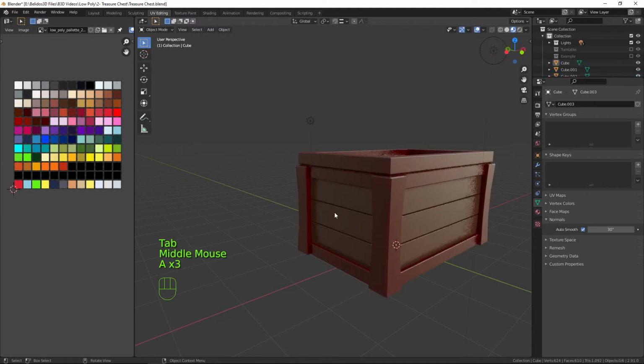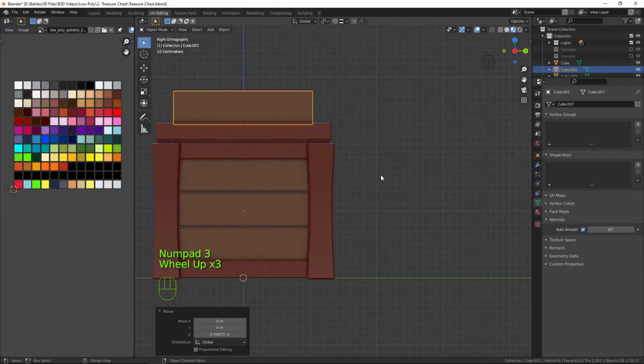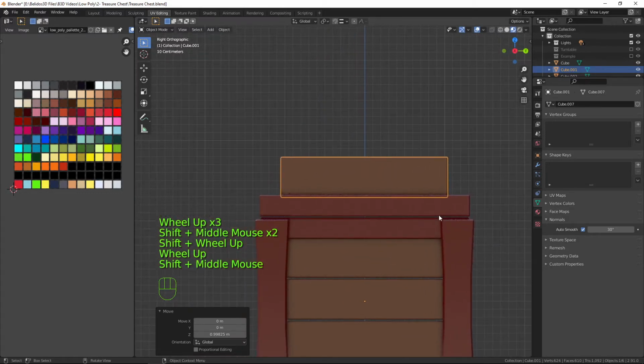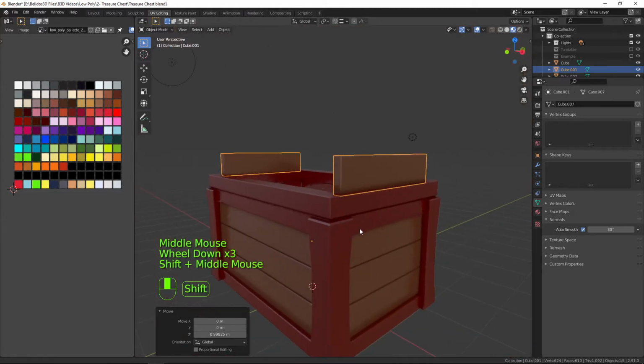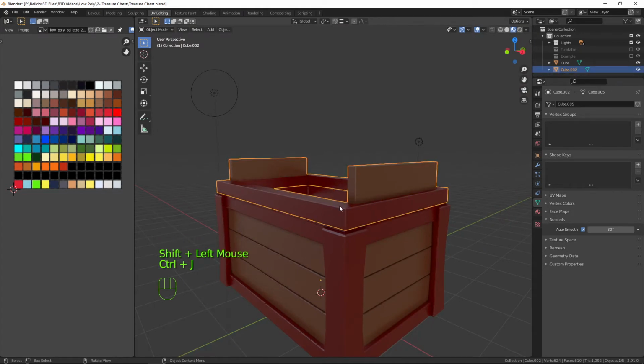I'll go back into edit mode and select that object, G, Z, and bring it up. And what I want to do is, from the side view, I just want to bring it up so it's just overlapping. Just about overlapping that. Right. Okay. And now I can actually join that to that piece there, because there's no modifiers, no extra modifiers needed